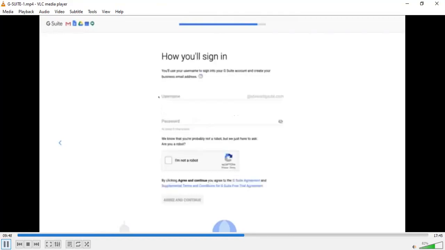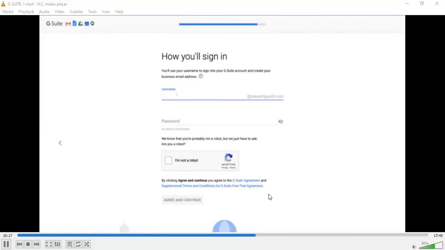Now here what you want to do is add a username and password so you can access your G Suite account. For example, if I was creating a username for myself, this was my email within my business, and my business was stuartgould.com, then I would enter Stuart as my username, or I could add info or sales, or I could even add contact.